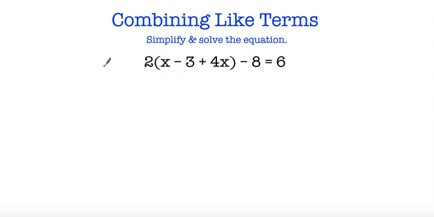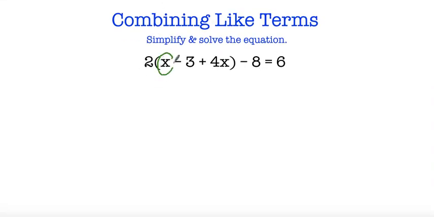So here I have another example, and this one is a little bit different because I'm combining like terms and distributing. I recommend that you look at whatever's inside the parentheses and combine those terms. There are two ways you could go about that. I'll show you both ways. So the first way